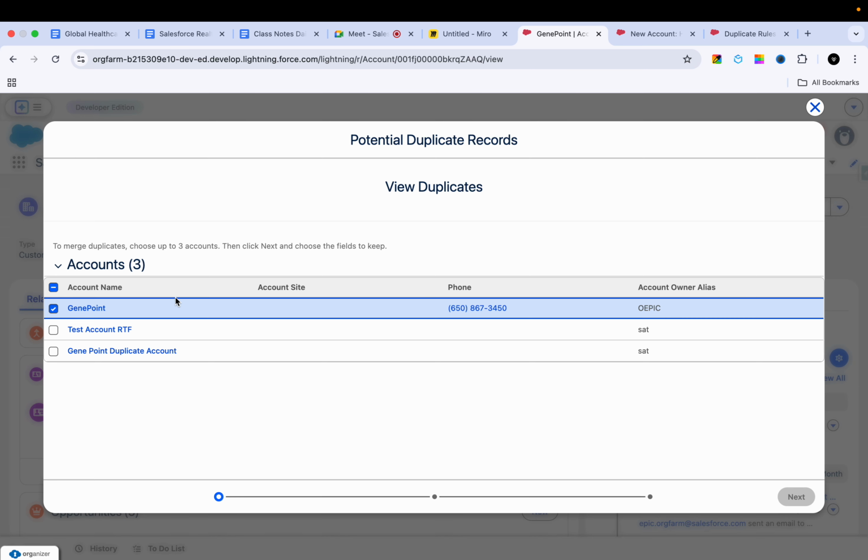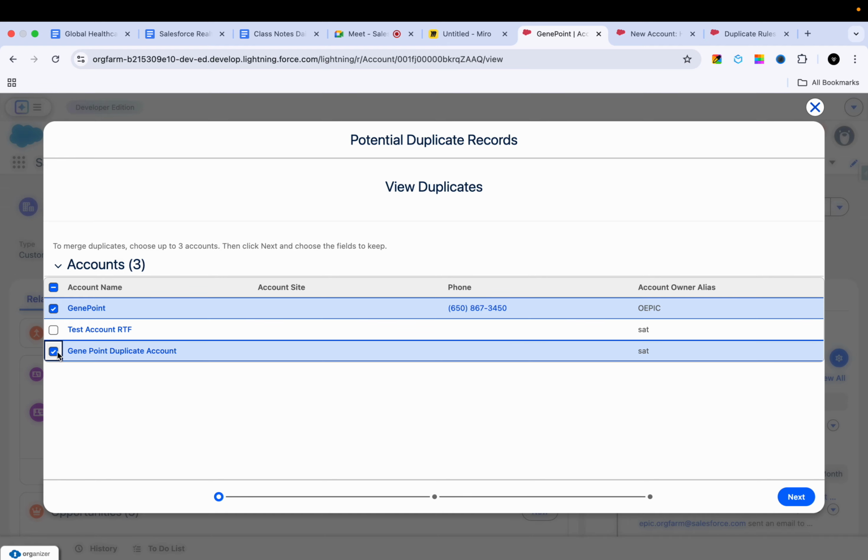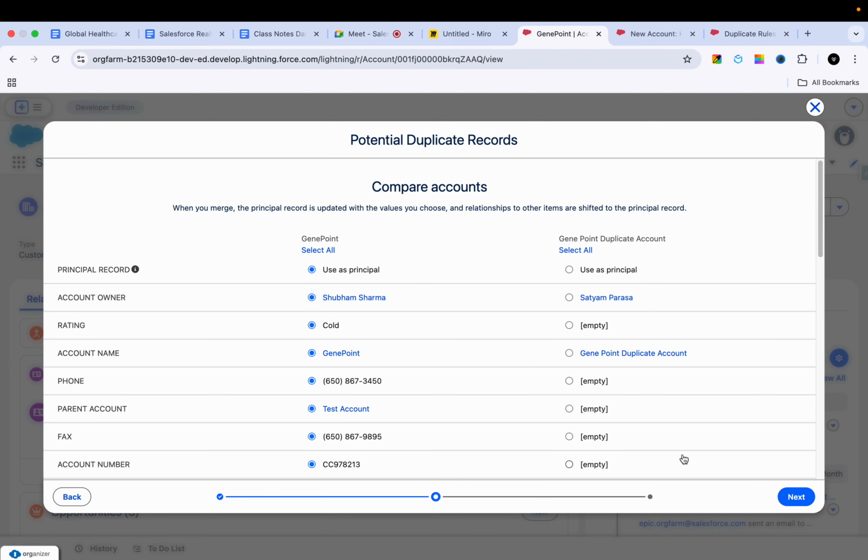For example, I want to merge these two accounts, Jenny Point and Jenny Point duplicate account. We just click on next. So here you will see a comparison. Okay, comparison. So for example, when you merge,